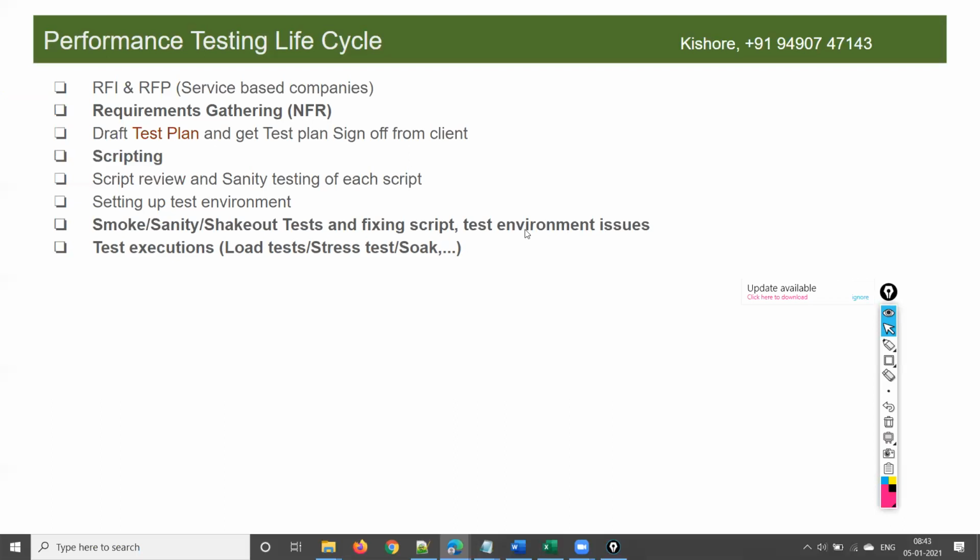Sometimes you'll have a lot of test data. For example, you want to test an application with 5,000 users, so you may have thousands of test data entries. And when I say test data, I mean username and password, for example. Some passwords may expire. So to find out the test data issues also, we have to do a smoke test. We have to make sure that all the users are able to log in. Suppose the client provided some test data to you, or you have prepared some test data. You have to verify that all your credentials are working fine.